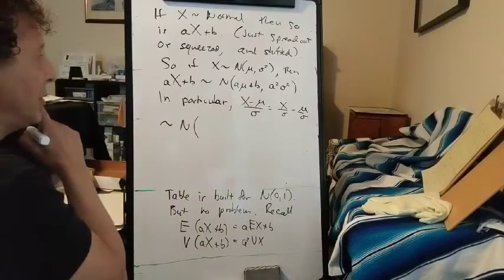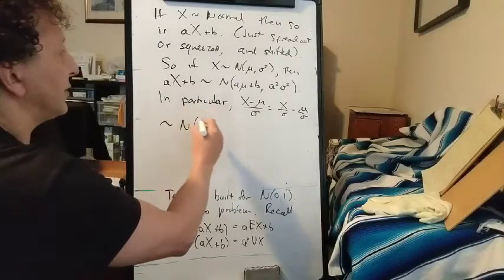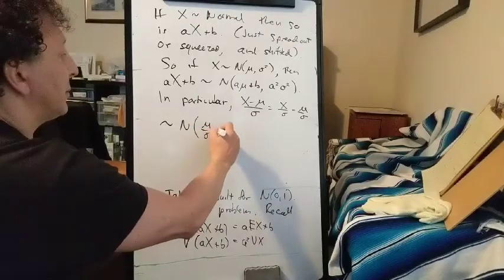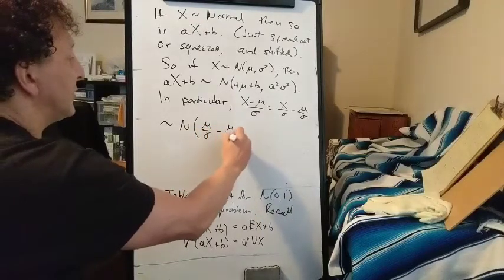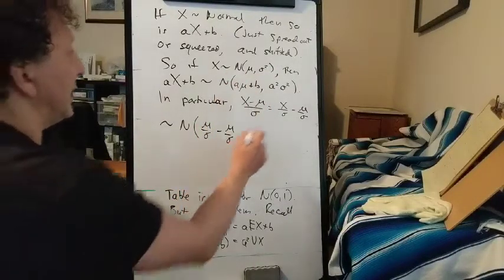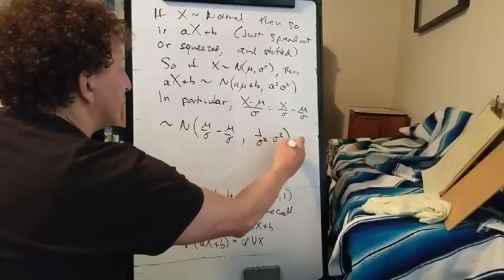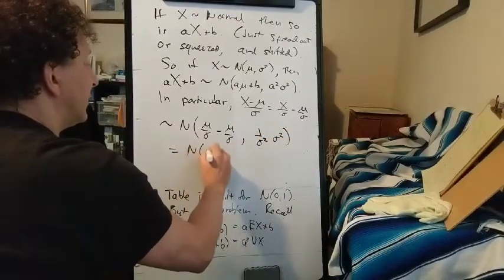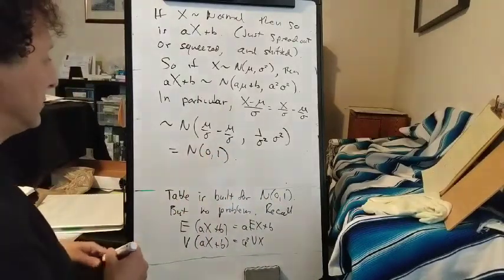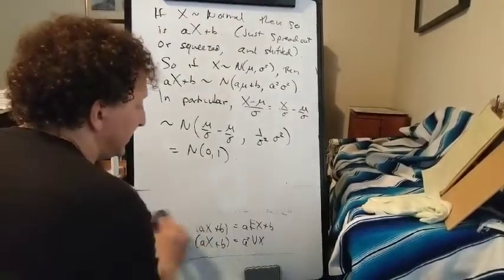So this is normal with mean a mu, where a is 1 over sigma, so mu over sigma plus b, minus mu over sigma, so that's going to be 0. And the variance is a squared sigma squared. So a is 1 over sigma, so a squared sigma squared is 1, which is the standard normal variable. So this means